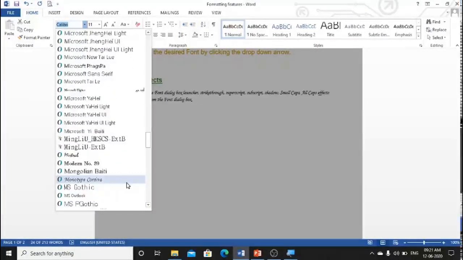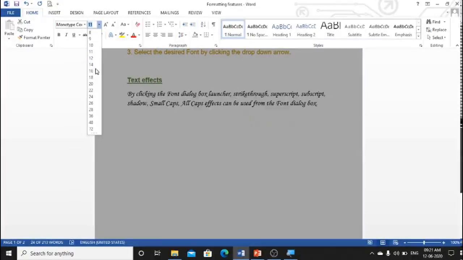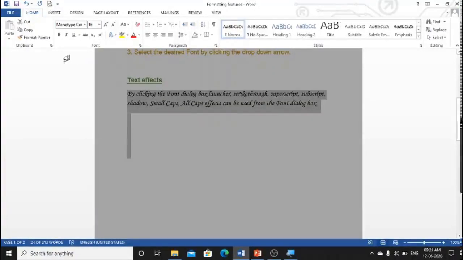Can you see? This is Monotype Corsiva. The text is looking very small, so I can increase the font size. I can make it bold as well. Okay. I can change the color.